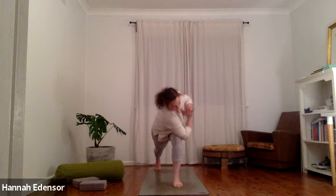And then exhale, hinge forward to warrior three, extend the back leg out, and then drop the foot down into a high lunge. Inhale, lift the arms. And exhale, prayer twist to the left. So you can either stay upright or you can hook the elbow outside the knee and start to bring up